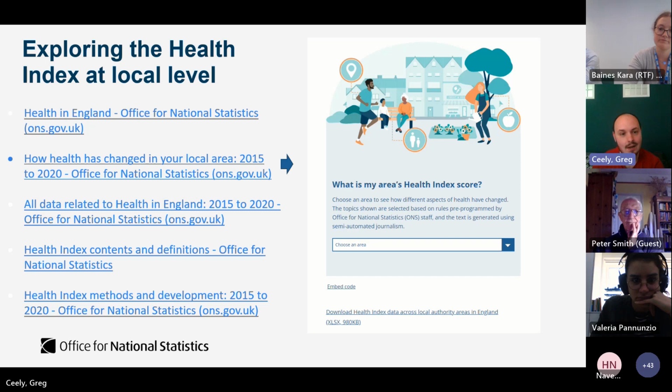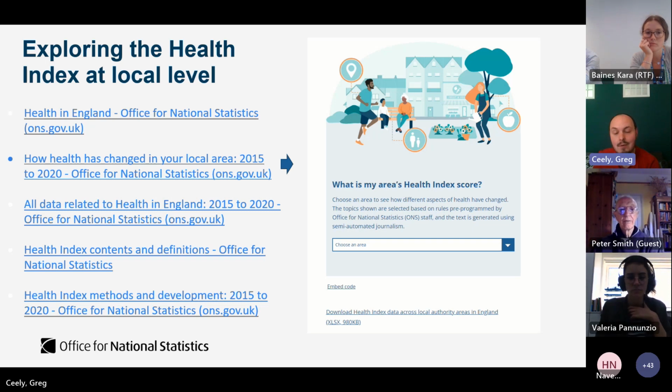But before I go on, I do want to praise my colleagues for this specific robo-journalism piece. This is actually not produced quite so much by my own Health Index and Projections team, but the design of it was led by ONS's digital journalism team. And this specific webpage is now award-winning. It has the Campion Award for Excellence in statistical presentation. So we are very pleased with this and would recommend you give it a look.